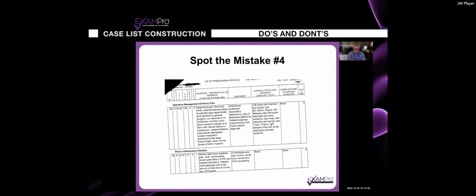So on top of it, they put their whole doggone differential in there. The differential is something they're going to want you to form and be able to discuss, listing every possible thing that it could have been. Not only are you cheating yourself, but you're frustrating the examiner. So this is listed very poorly. I would suggest that a better way to list it would be something like